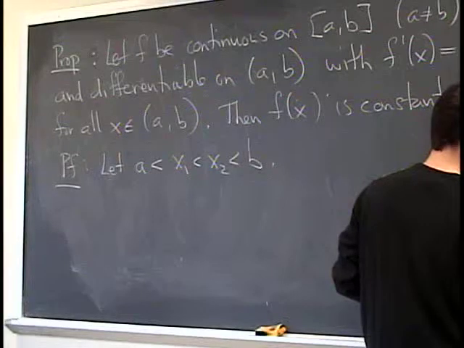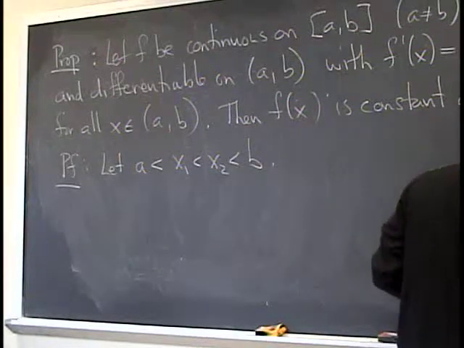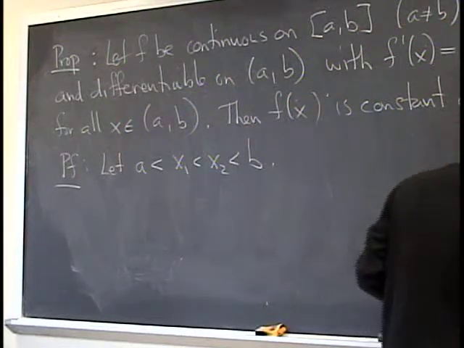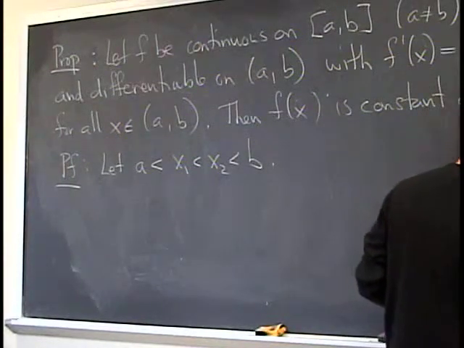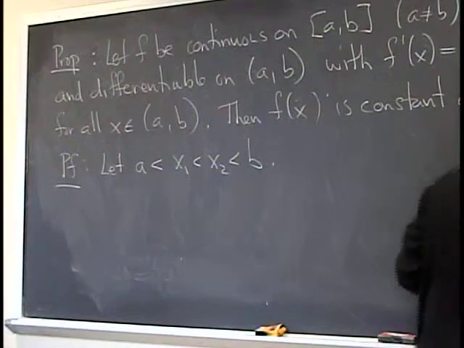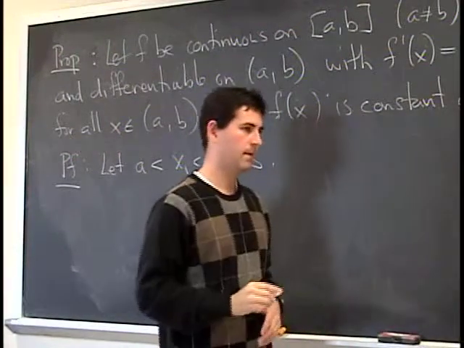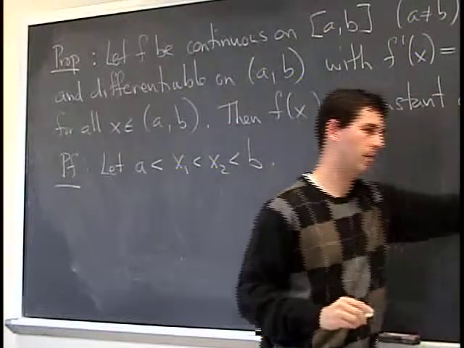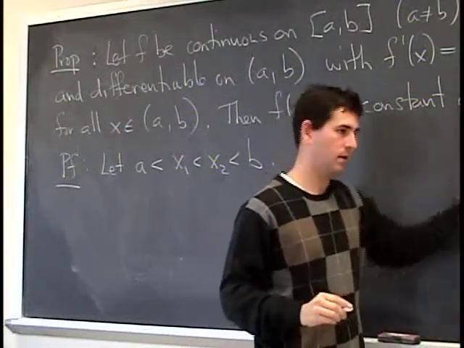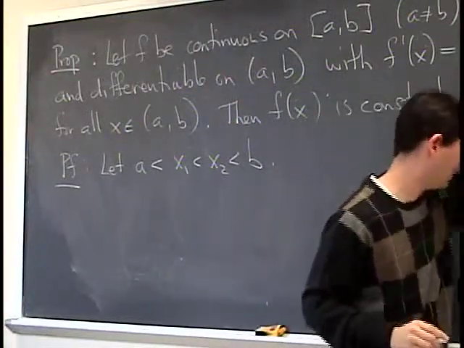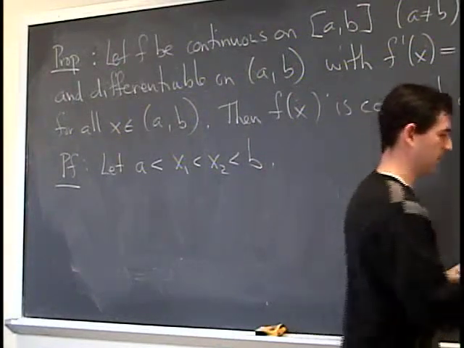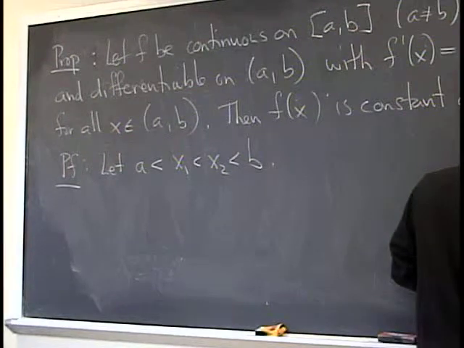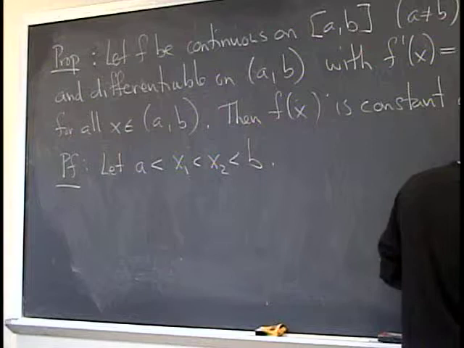You take two points, x1 and x2, and you draw the secant line through those two points. It gives you some slope, and that's the average slope, the average velocity from here to here. And the mean value theorem says that there's some point somewhere there where if you draw the tangent line, the derivative,